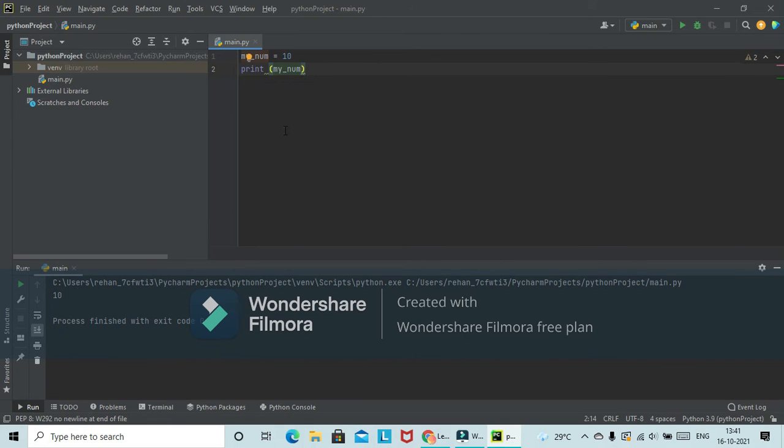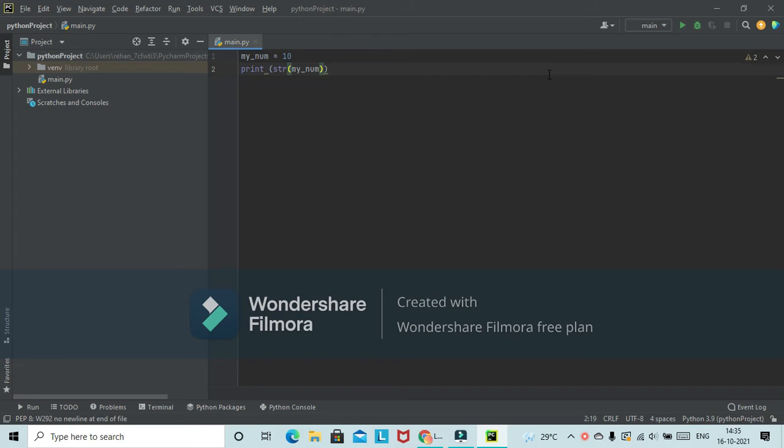And as you can see, whatever we have stored in my_num has been exactly displayed in the console. So in addition to doing things like basic arithmetic, we can also do some other stuff. One thing, I could actually convert this number into a string. If I wanted to convert the number into a string, I can just say str